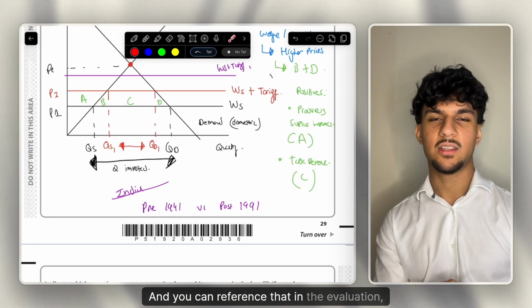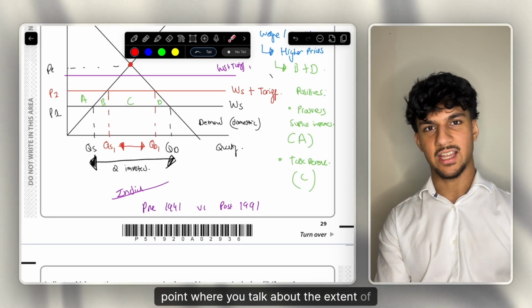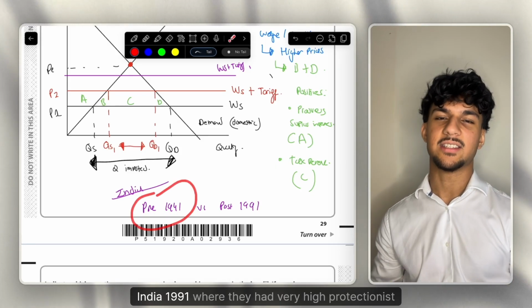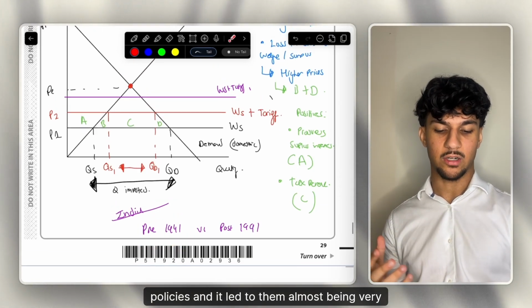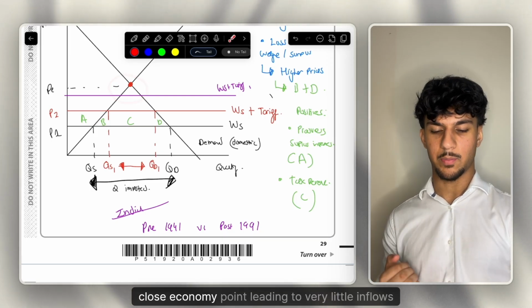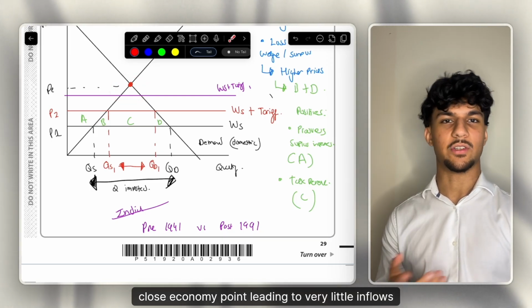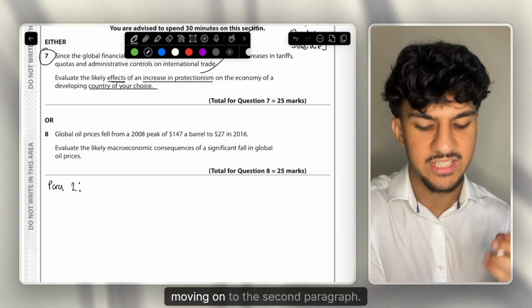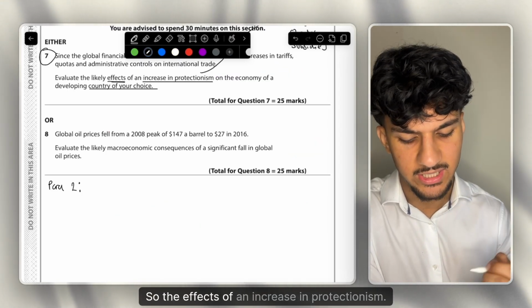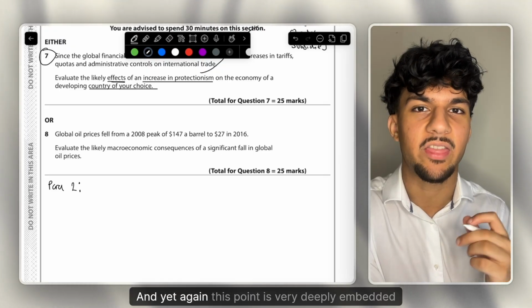And you can reference that in the evaluation point when you talk about the extent of protectionism. You know, India in 1991, where they had very high protectionist policies, and it led to them being very close to this closed economy point, leading to very little inflows of things like FDI and almost global isolation. Moving on to the second paragraph, the effects of an increase in protectionism, and yet again this point